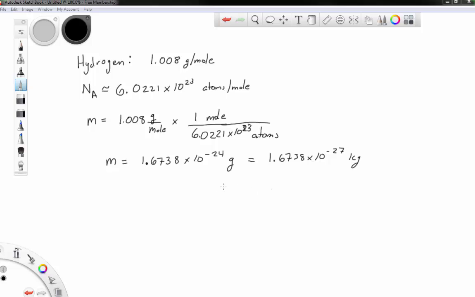Again, proton plus electron would give us 1.6739 times 10 to the minus 27 kilograms. There's a 9 here, there's an 8 here, and otherwise those two numbers are identical, which is great news